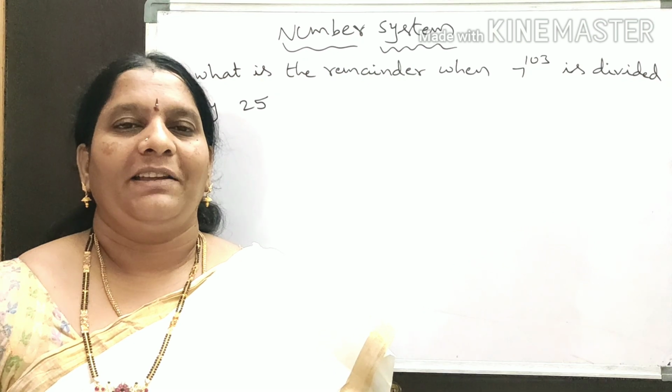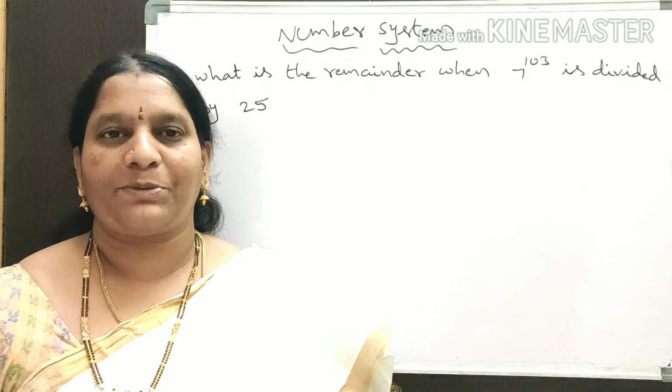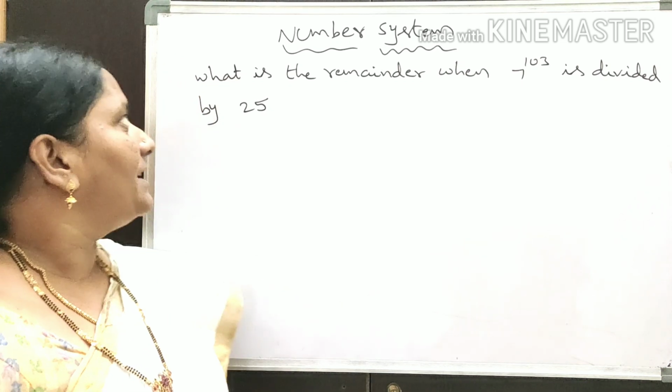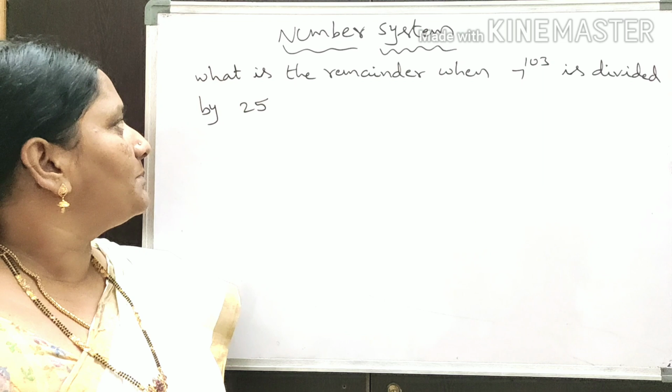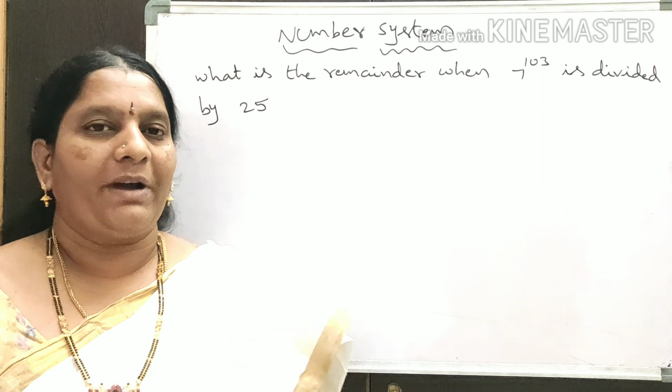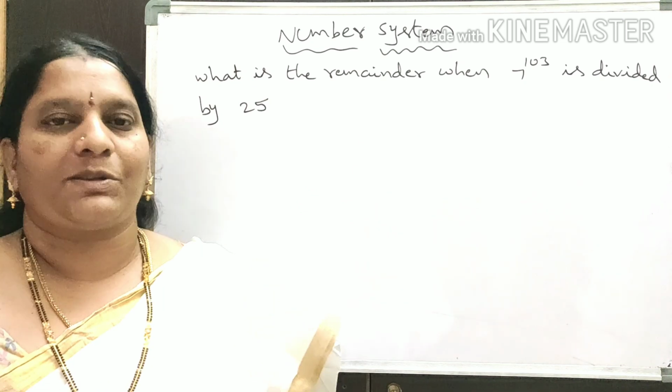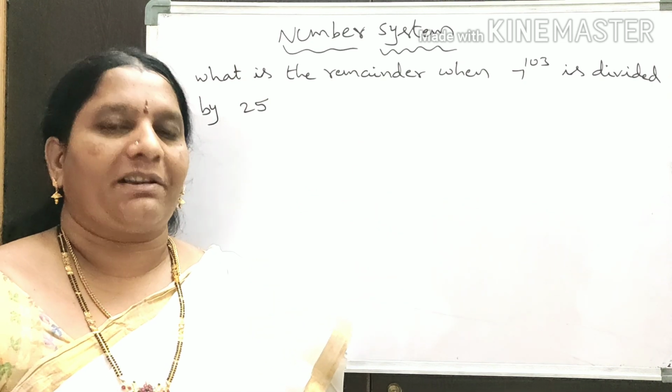Hello everybody, welcome back to another session of Mathematics Made Easy. Today our topic is number system and the question is, what is the remainder when 7 power 103 is divided by 25? So before going to find the remainder for this problem, I asked you a question in the previous